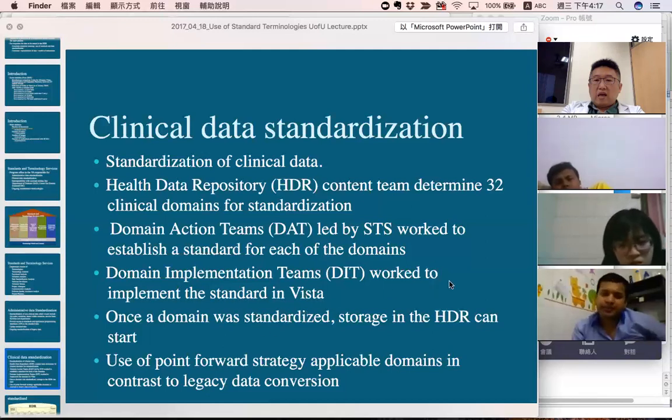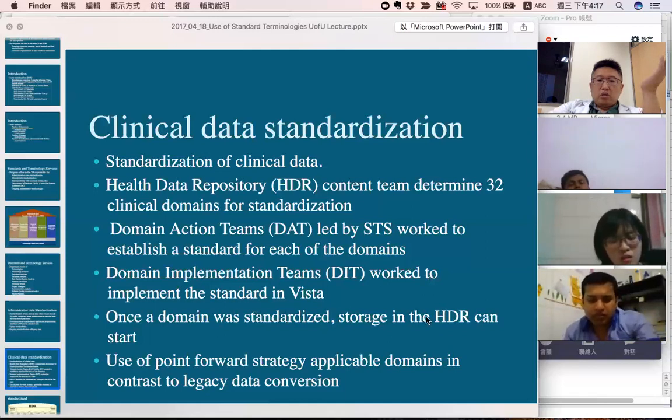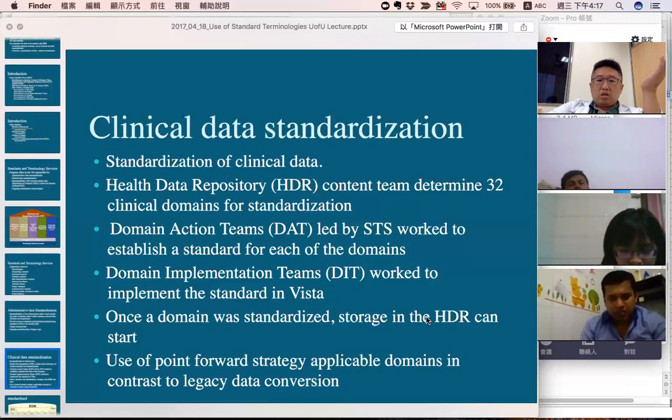If they think a domain is needed, then they will create a standardization, and they will create the HDD for that. For example, Jessica wants to create a condition-based prescription system. The condition prescription is important. So he is going to create a smart prescription system, and Jessica needs to list what kind of information he needs.